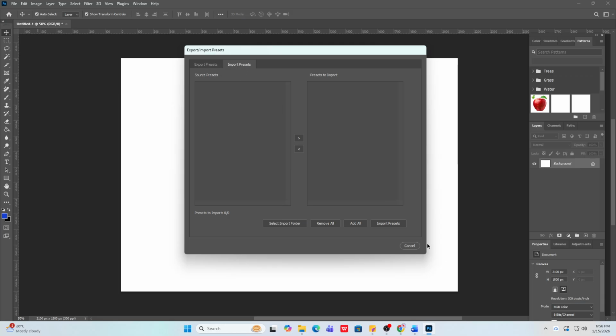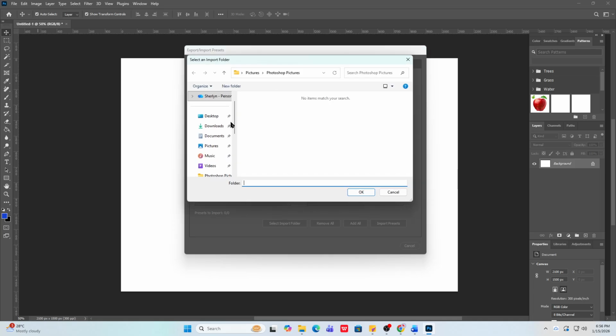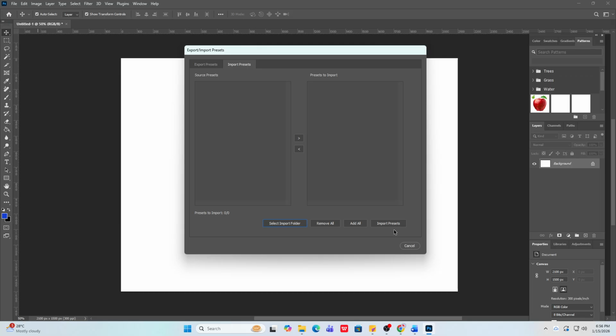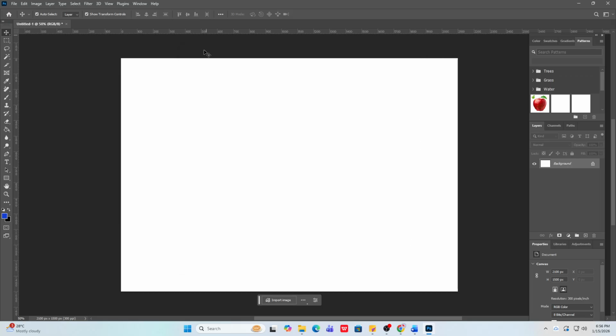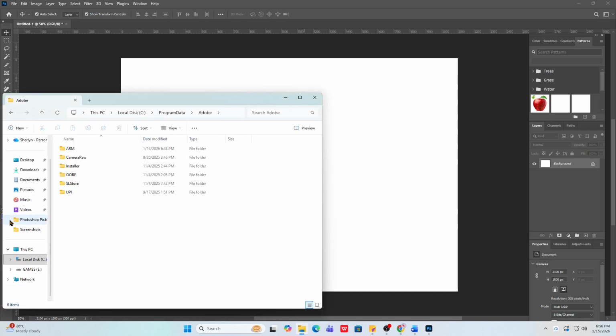Now, for the advanced method, which gives you a complete manual backup of the underlying preset folders, first make sure Photoshop is fully closed so all files are unlocked. Open File Explorer and navigate to this path: c/users/your username/appdata/roaming/adobe Photoshop version. Inside, you'll see folders such as presets, brushes, actions, workspaces, thumbnails, and other files that store your